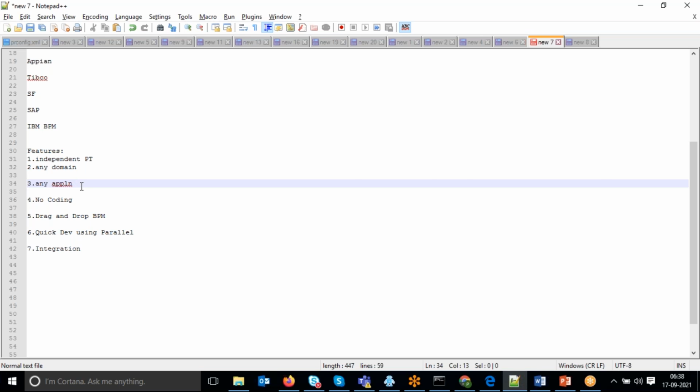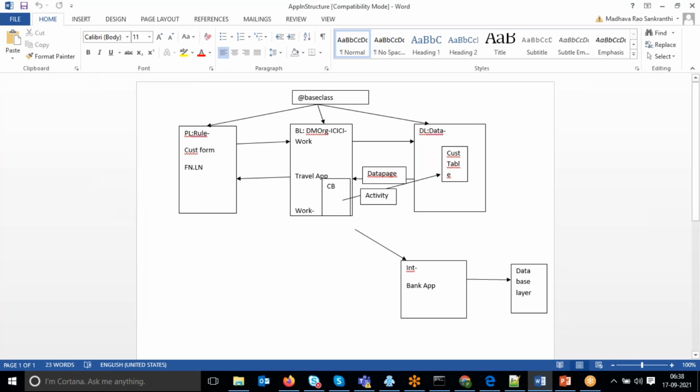So next, as I told, every application is a general application: Pega, Java, any application. Even in social, you are seeing Gmail, LinkedIn, Twitter, Facebook, right? Different types of applications. Or banking: you are right now using some bank account, so they have an application. We can use internet banking to do all kinds of transactions, whatever you want, without going to the bank. This is called the presentation layer, right?